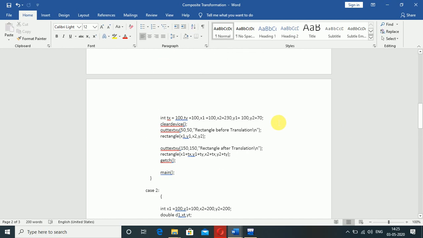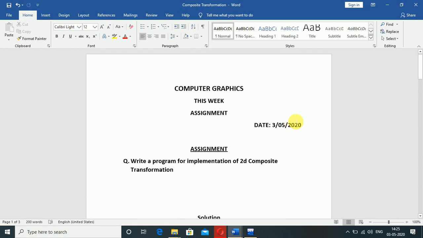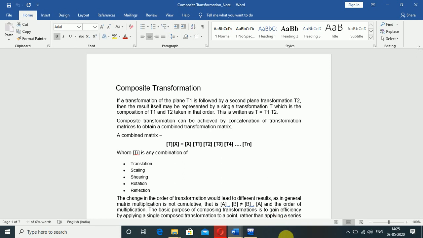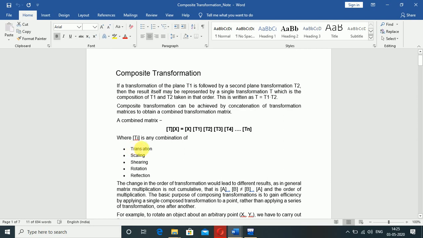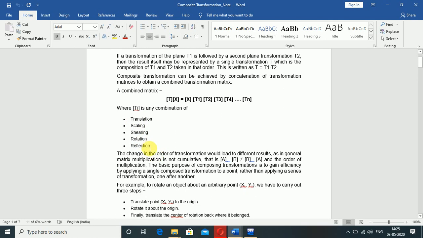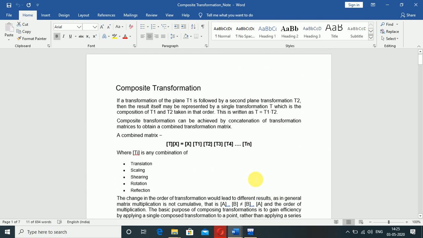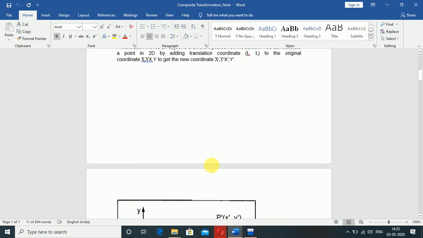First of all, please open the note that I have provided in the Google Classroom today. This is a note for composite transformation that I made for you. From this note you get all the details about translation, scaling, shearing, rotation and reflection, including all the calculations and formulas.